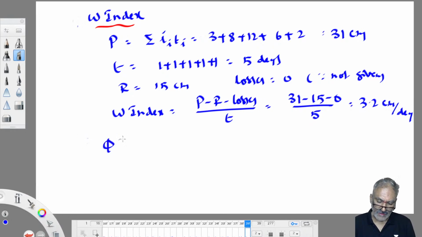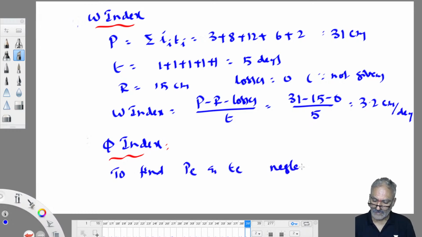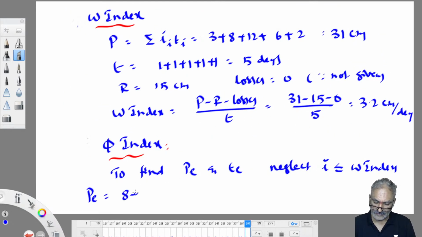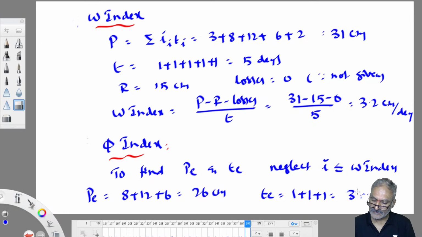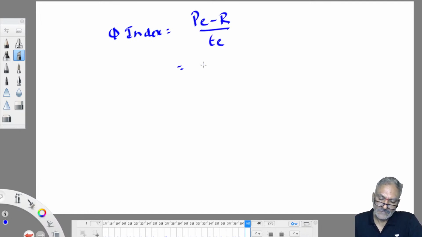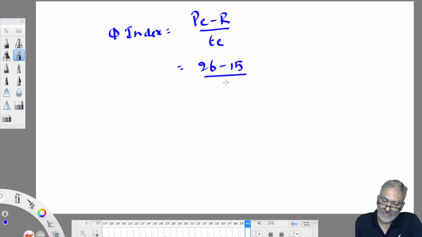So to find pi index, we require P and T. Therefore, to work out PE, 8 plus 12 plus 6 only taken into account, 26. And T is equal to 3 days, corresponding time. 3 days, sorry, it is in days. Therefore, pi index is equal to 26 minus 15 by 3